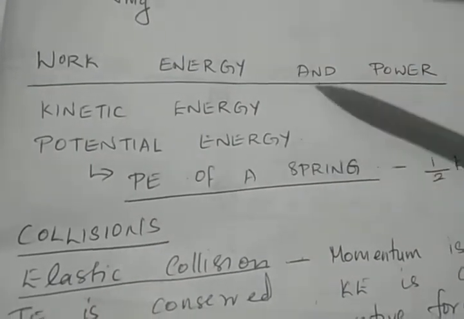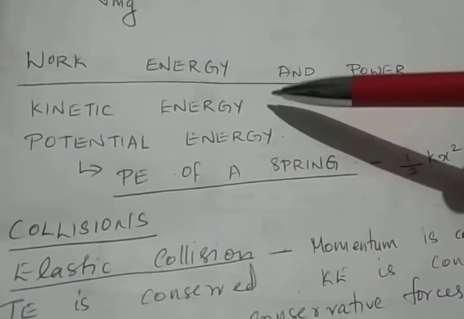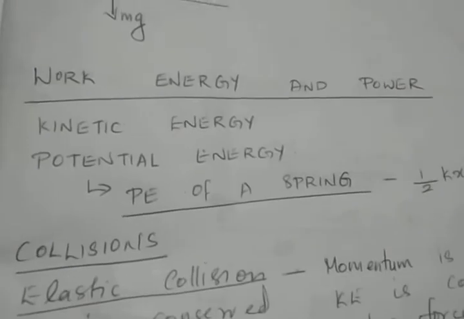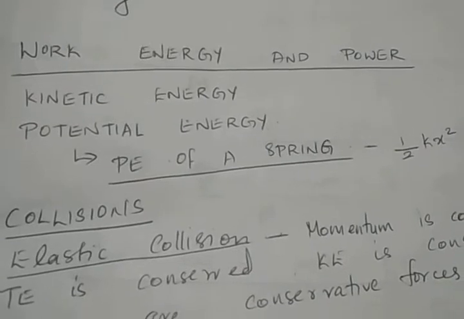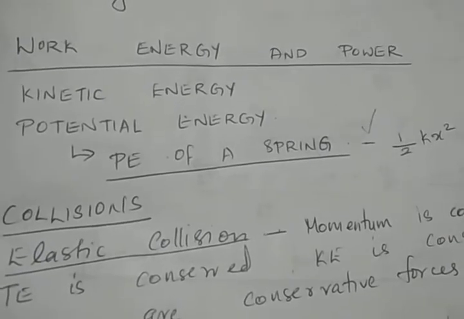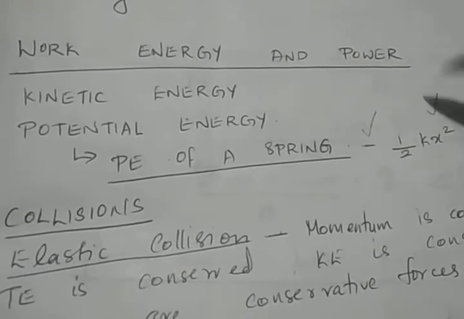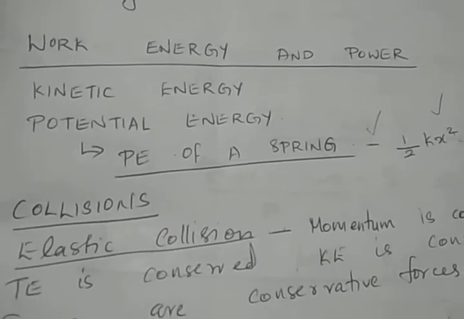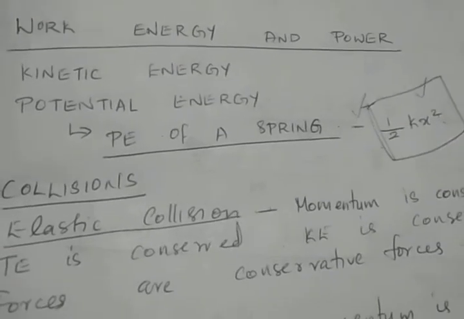Energy: there are two types of energy, kinetic energy and potential energy. Kinetic energy is the energy possessed by an object due to its motion, but potential energy is the energy possessed by an object because of its configuration or the location of its position. And there we are studying the potential energy of a spring. Concentrate on this derivation, refer to your notebook to study it. The potential energy of the spring is given by half kx square. Please go through this derivation in your notes. It's an important derivation. What is the expression to find out potential energy of a spring? It is half kx square.